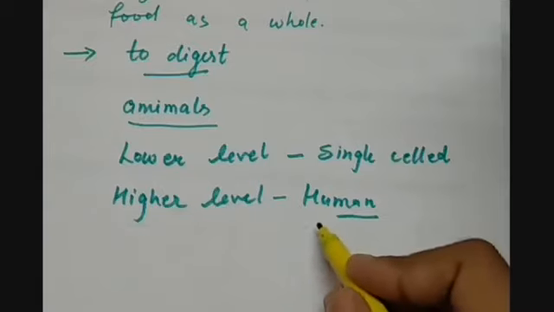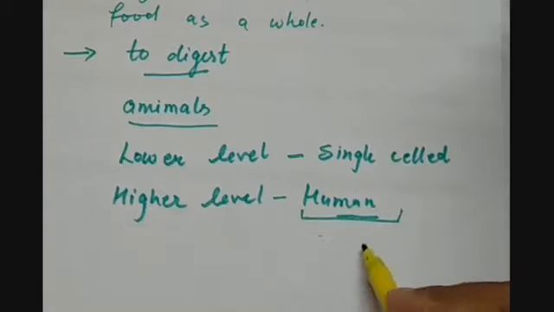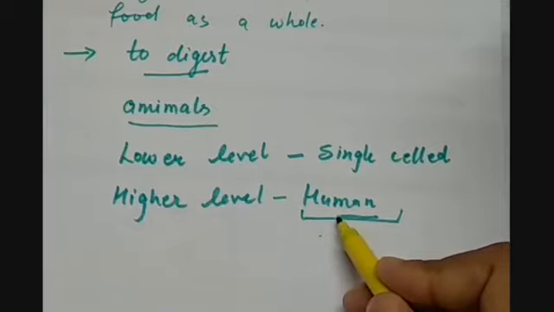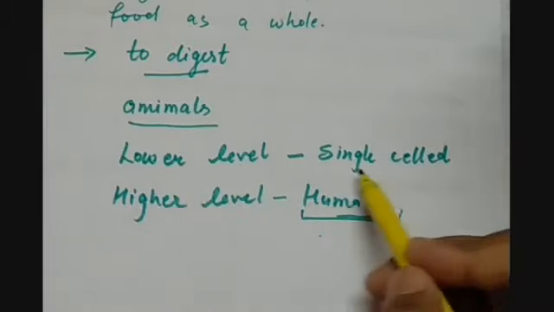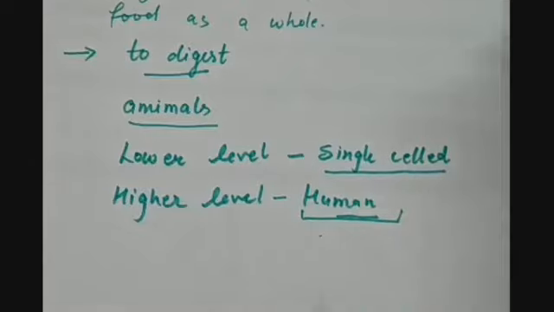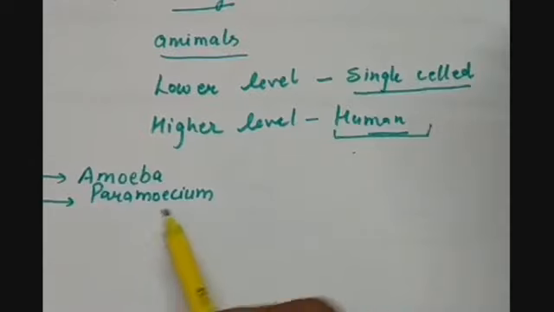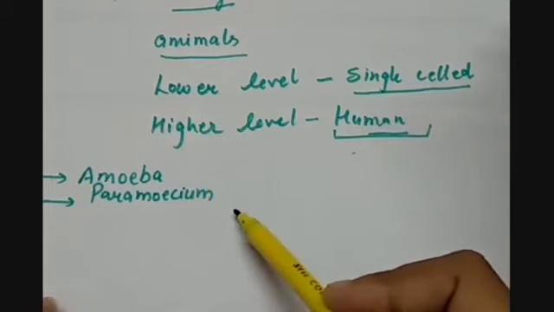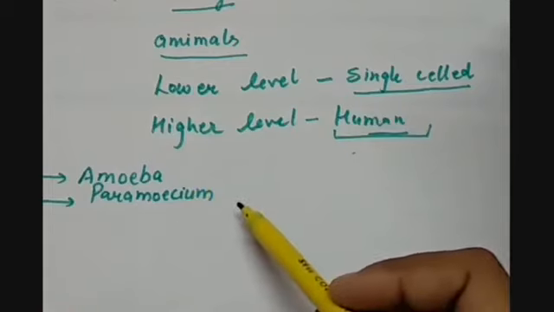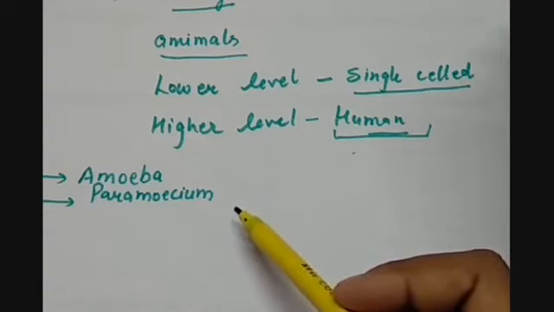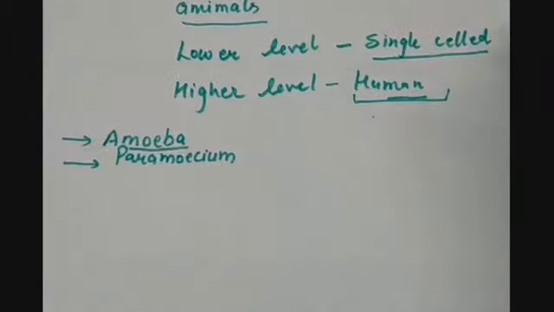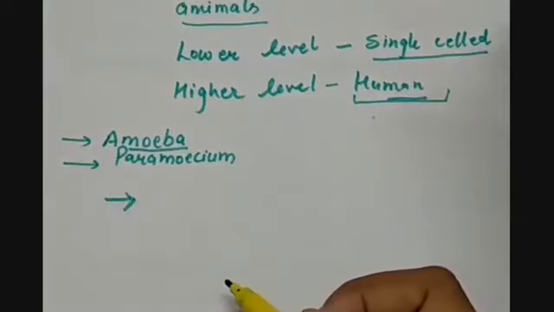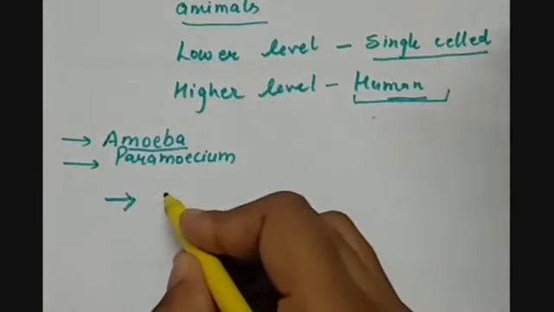So in the second lecture, we are going to understand the nutrition in humans. So let us see the nutrition in single-celled animals. If we talk about the single-celled animals, we can have the example of amoeba and paramecium, those who are just having a single cell inside which the whole process occurs. Now let us see how the digestion or absorption of the nutrients occurs in amoeba. The process of nutrition in a single-celled organism follows 4 steps.